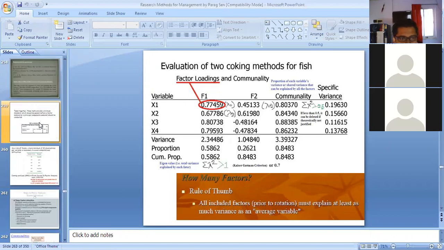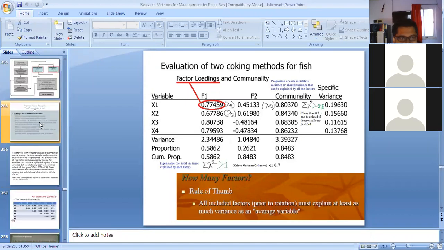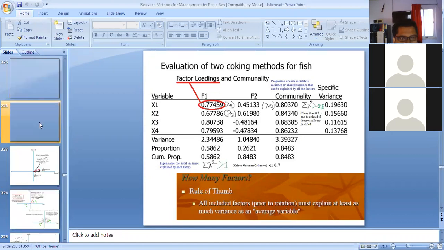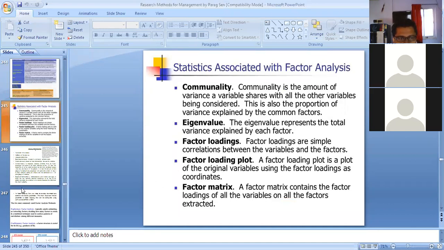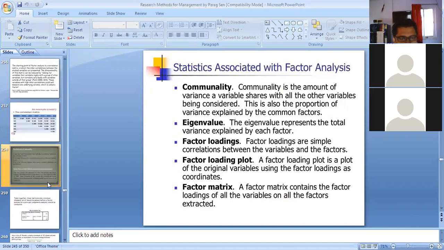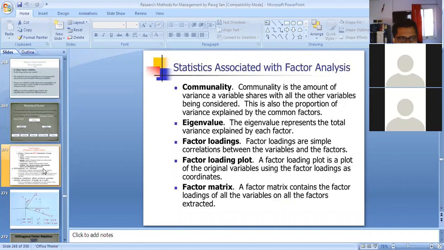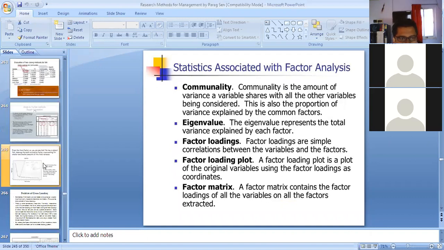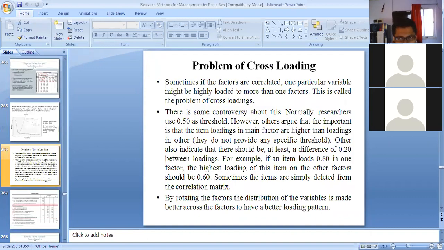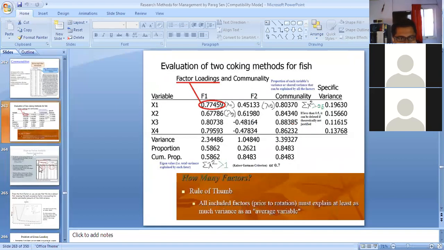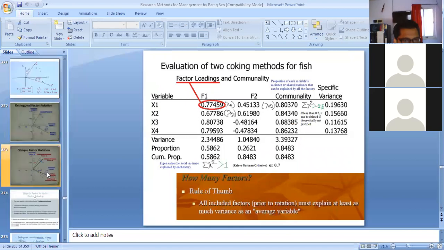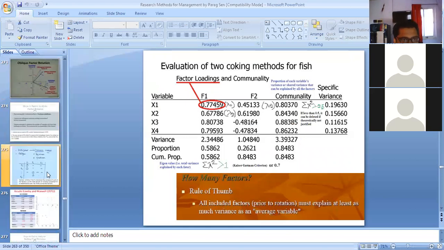Here I had given some definitions; you can go through them. If you have a look at this factor matrix, you will be having some problems. I'm showing you one factor matrix, and the idea will be clear.